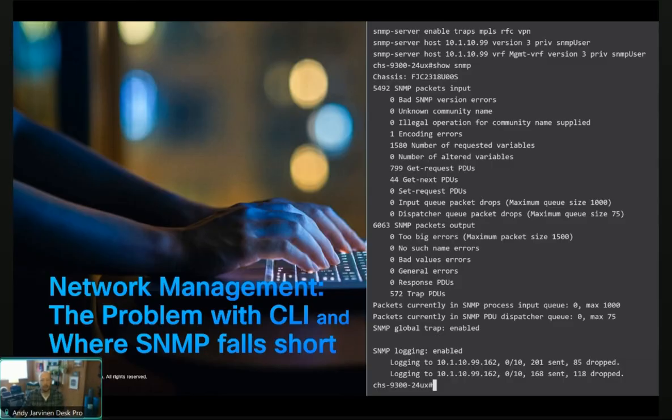SNMP-based monitoring tools definitely have a place in our networks, but they fall short of complete visibility. Often SNMP relies on periodic polling, which doesn't give you real time, and issues are often detected late. It does have traps too, and that's more real time, but it's limited in its device context. It basically exposes counters without understanding the users or the applications or the root cause that's behind that counter getting